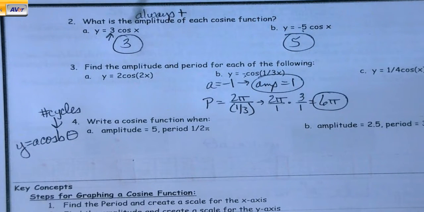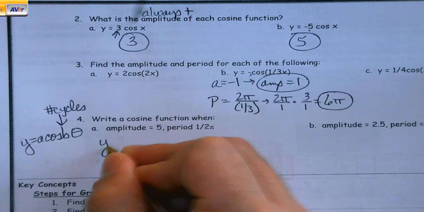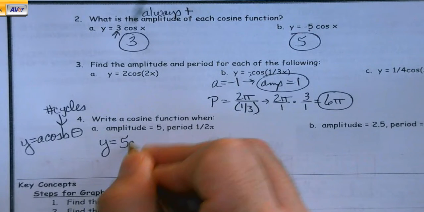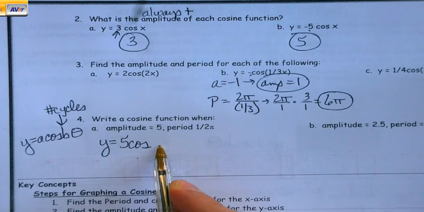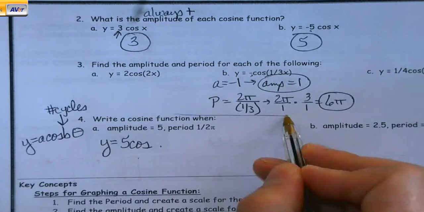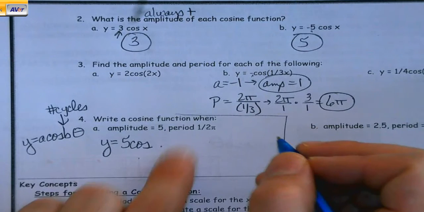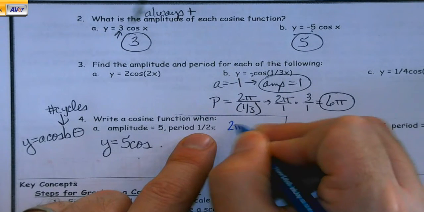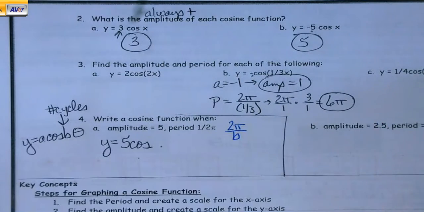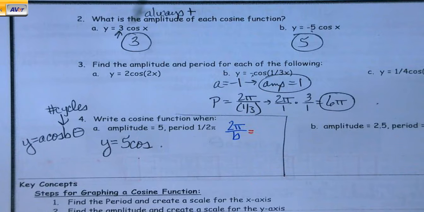The b value is the number of cycles. So when I go to write this, I'm like, okay, y equals 5 cosine. I've got to figure this part out. So to do that, I'm going to take my period equation, which is 2 pi over b, and I'm going to set that equal,